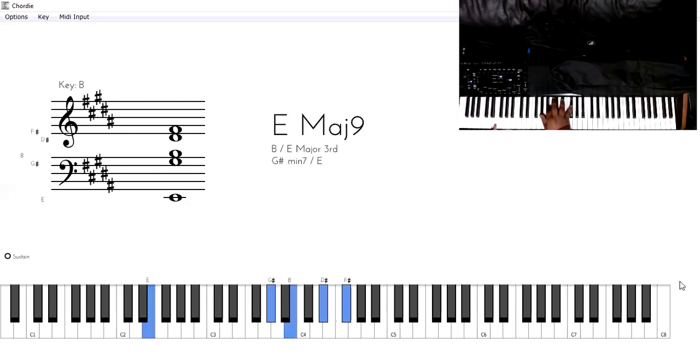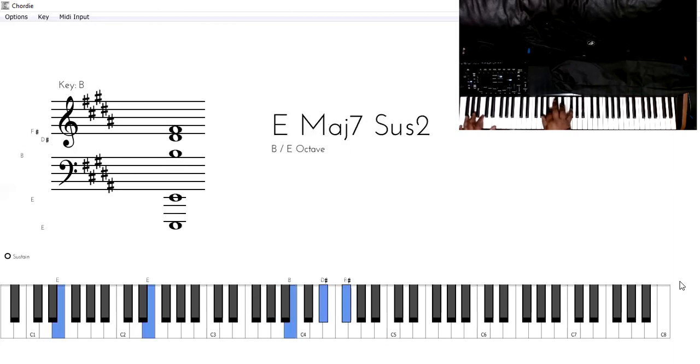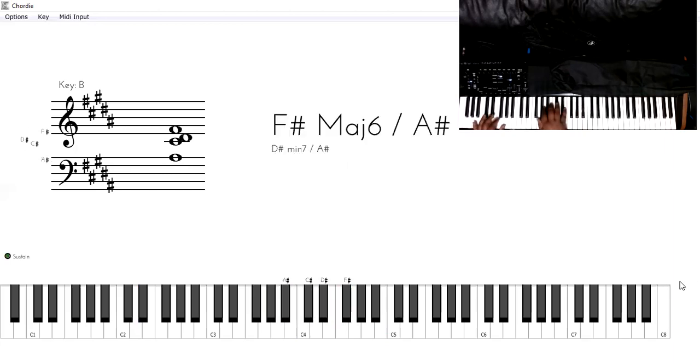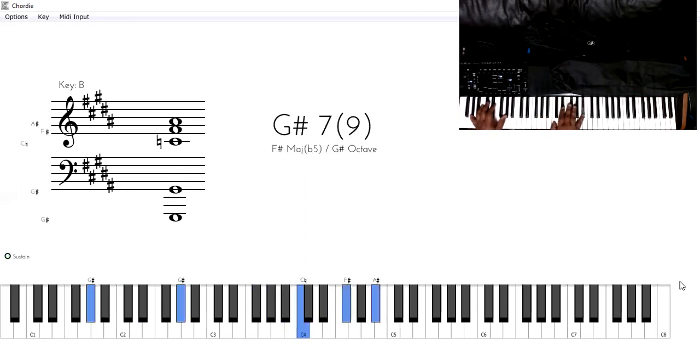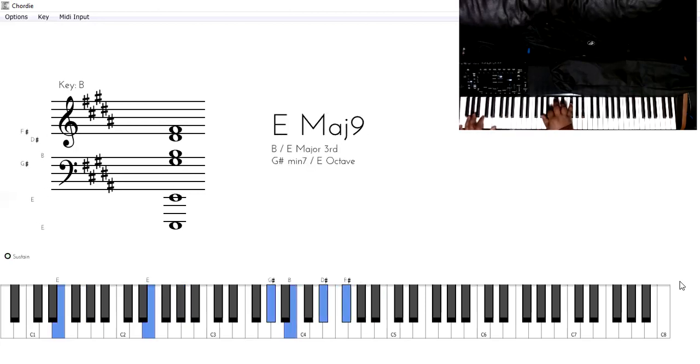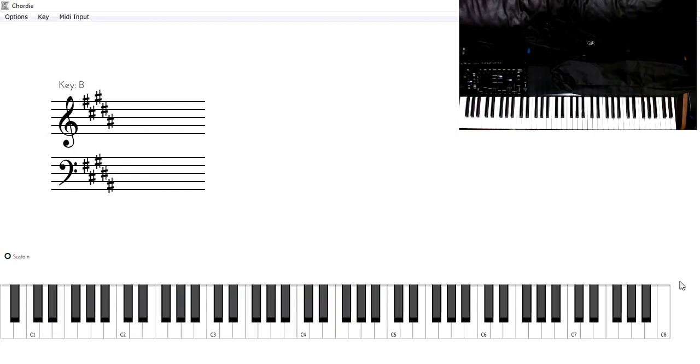So if this is one chord over the E, or you could do this one. So you could do either one. So you can go. You can mix them up, put them together. Then we got, see. So many chords you could do. Like